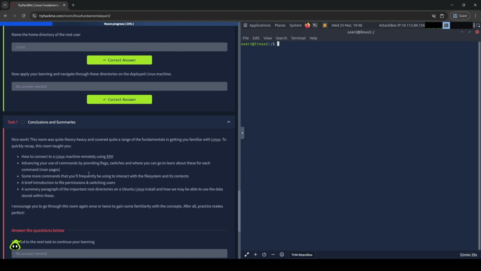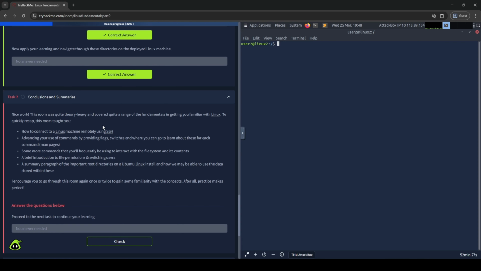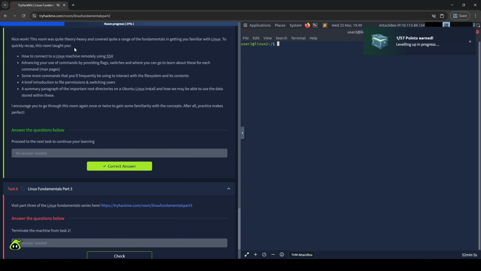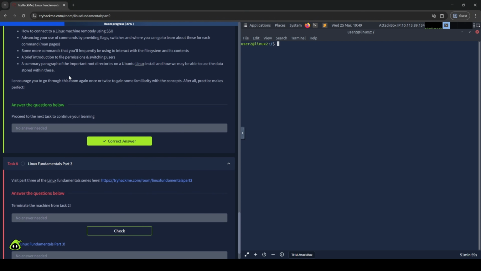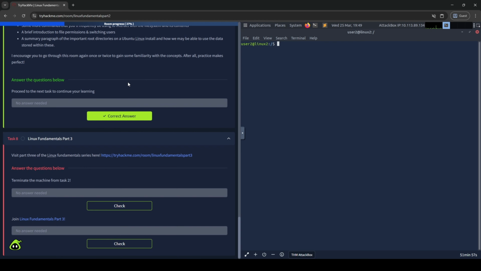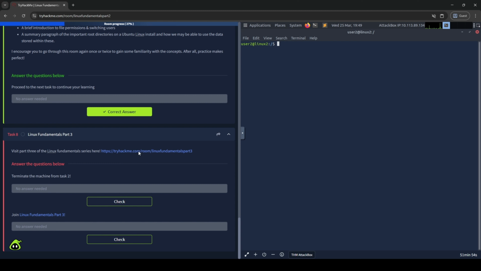At this point, you're actually interacting with it the way it's used in real environments. You've connected remotely, started modifying commands with flags, handled files properly, and touched on permissions, which is where things start getting security relevant. Don't just move on immediately. Stay in the room for a bit. Play around, break things, try commands, move files, check permissions. Linux is really important, so don't be a normie, you know? The more you mess with it now, the more natural everything will feel later when things get less guided and a lot more real. I have a video on part 3 too, so check it out with me.